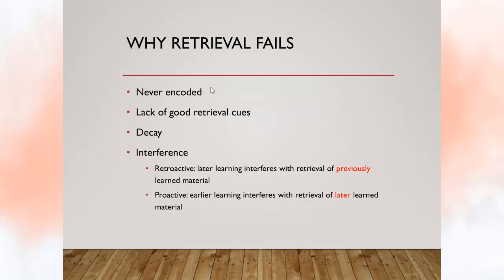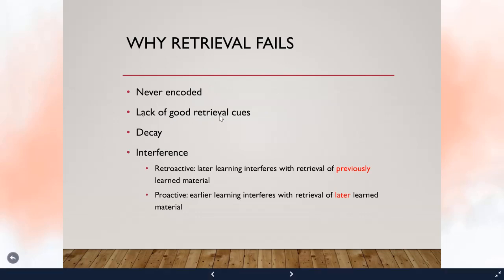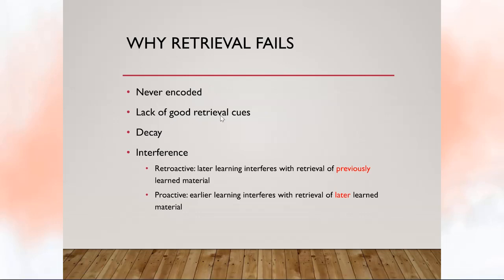But let's assume that we do have memories that we moved to long-term memory. We could still have a failure of retrieval. We could still have forgetting. And why is that? Well, maybe we're lacking the right retrieval cue. Remember we saw this when we talked about context effects on memory. So think like Godden and Baddeley's study with the people learning lists on land or underwater, or the clothes washing passage, right, with schema and things like that, or transfer appropriate processing. So if you don't have the right retrieval cue, maybe that's why your memory is failing.